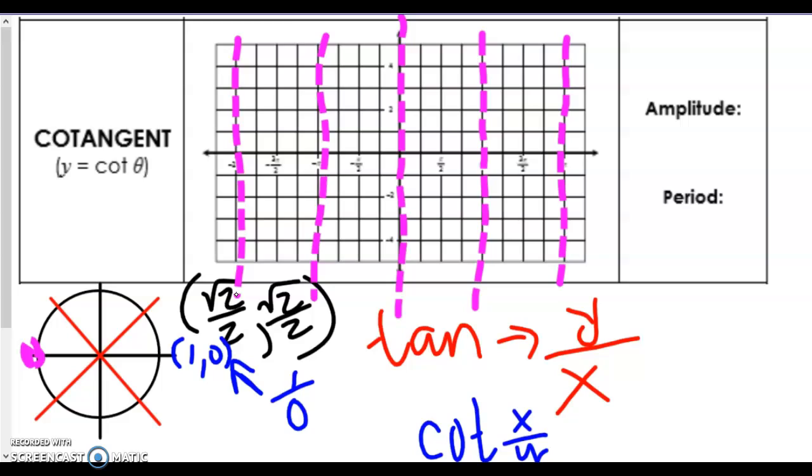Okay, so now I think about where would be the zeros? Well, the zero would be right here, because that point at pi over 2, the ordered pair is 0, 1. So the cotangent, x over 1,